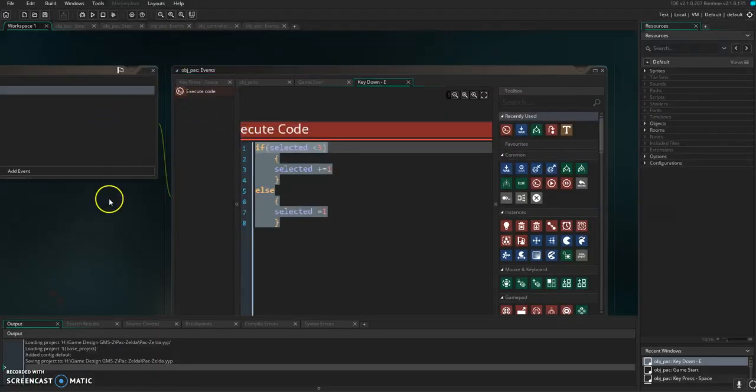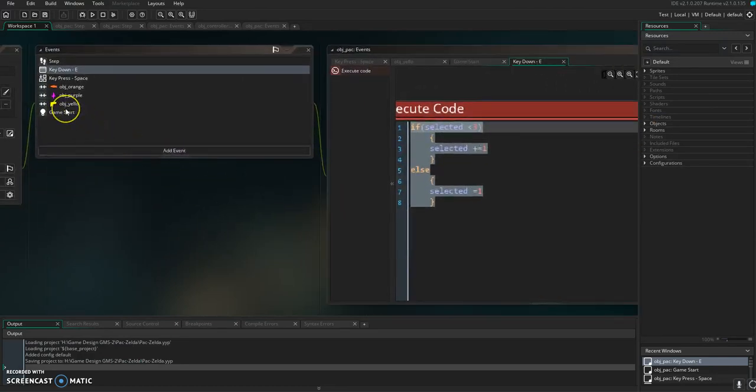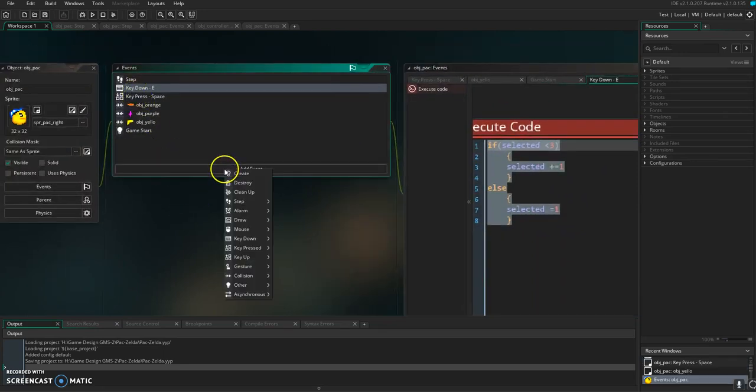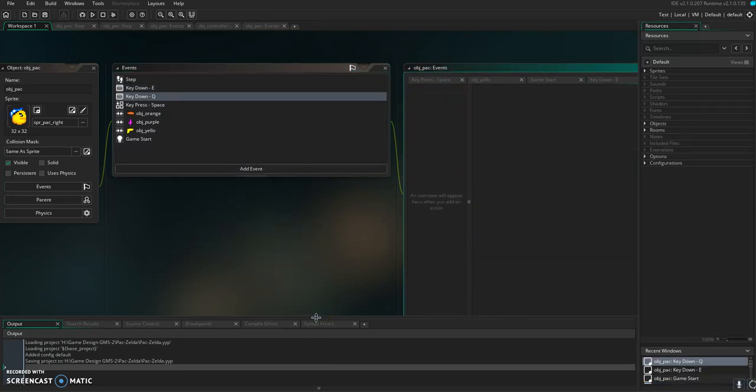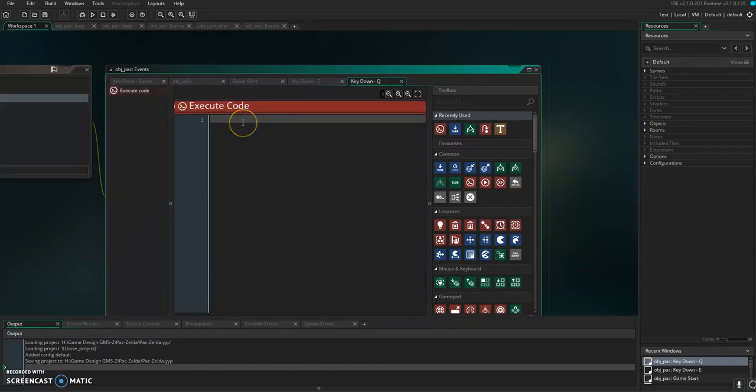I'm also going to, in my player, I'll have to do it in the player. I want to draw the value of selected, but let's finish this. Key down. That'd be key press. Key down, you have to tap, I think. I might have that backwards, but key down means you hold it down. If it's backwards, we can do a change event. I don't remember which is which. So now when I press the Q key,